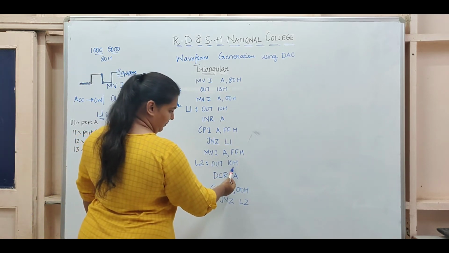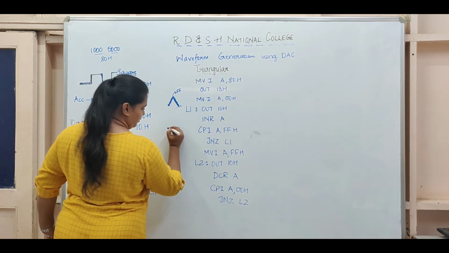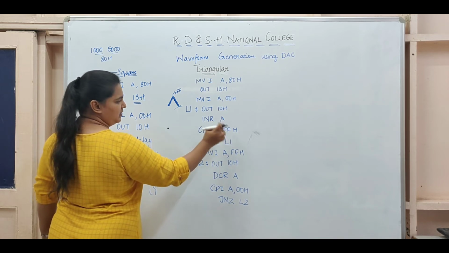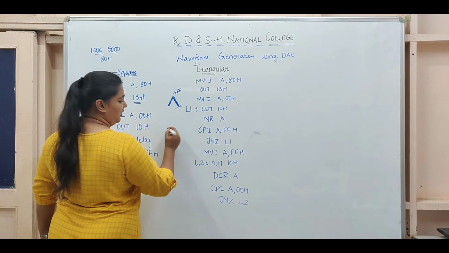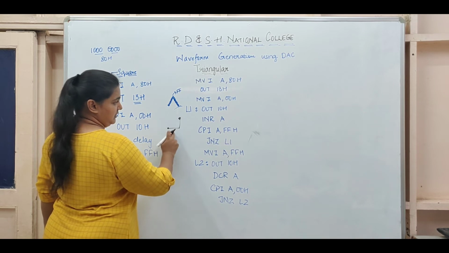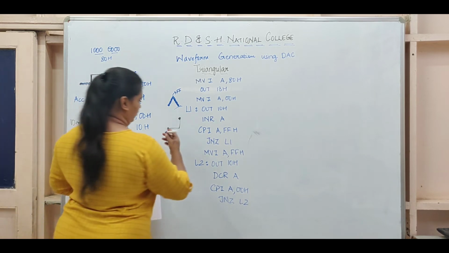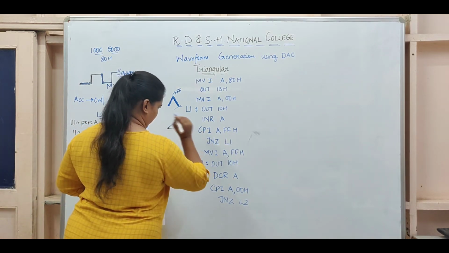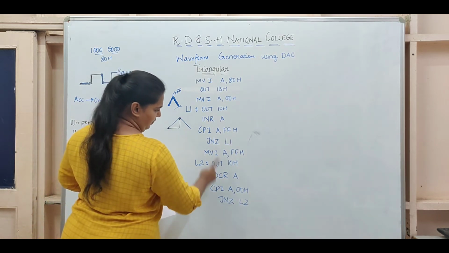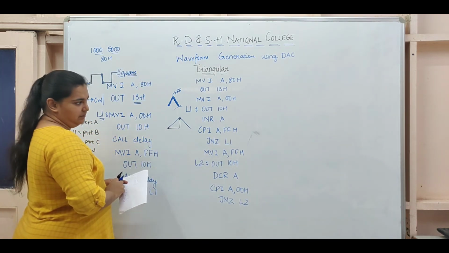If I don't do this step of out, what will happen is your waveform will look different. If you don't go back to out, the value will increment, increase, compare, it will jump back. Out is not happening, so it will directly go to FF and then out. So for this reason, every value has to be sent out to port A, so that you get your proper increasing and decreasing triangle format. Now this has completed. I have come down. The minute it becomes 0, it will come out of the loop. I have completed one waveform.